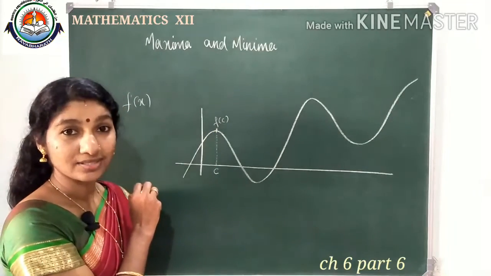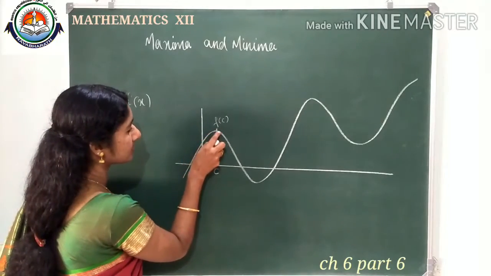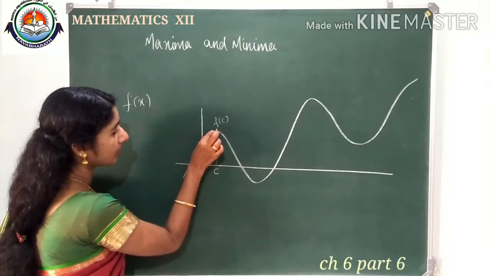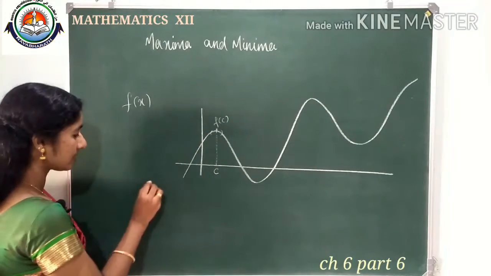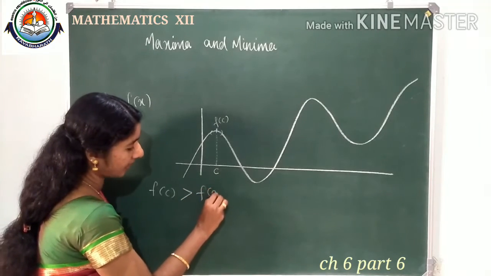Whose neighborhood values? F of C's neighborhood values. What can we say about these values? When you take these neighborhood values, we can say f of C is a greater value than its